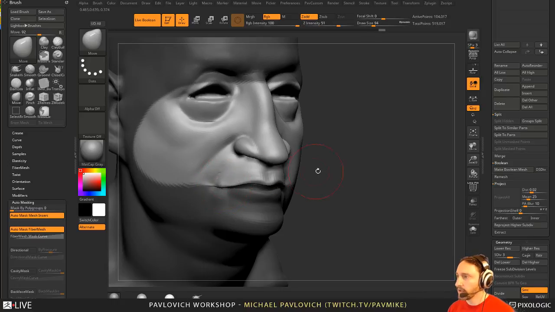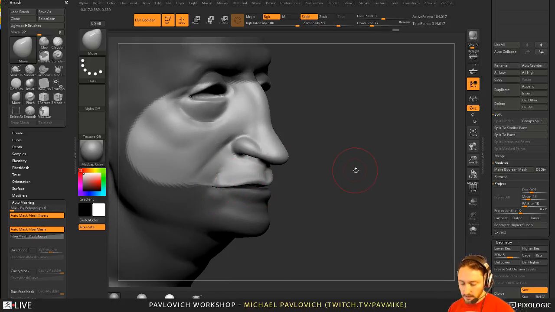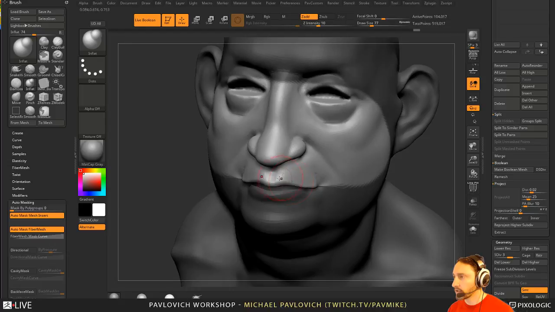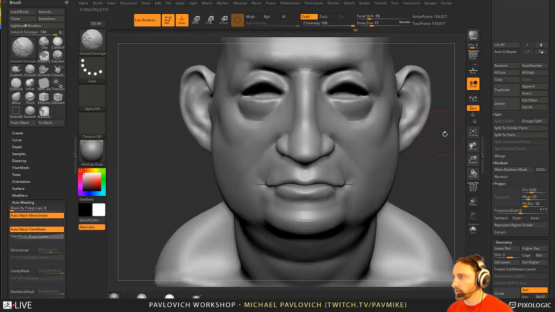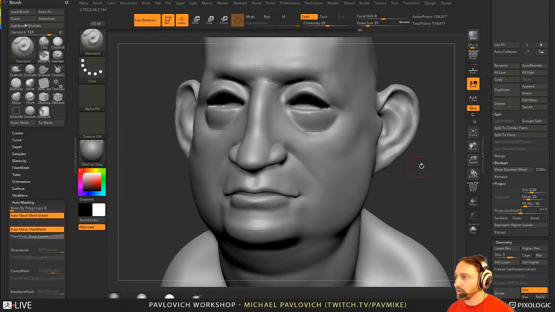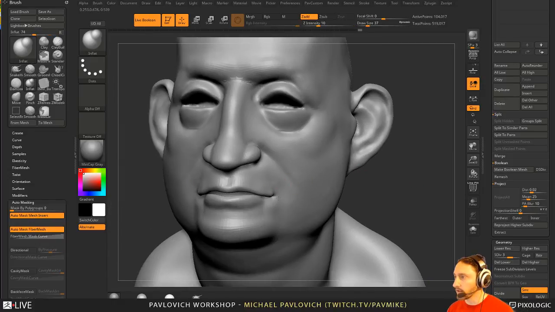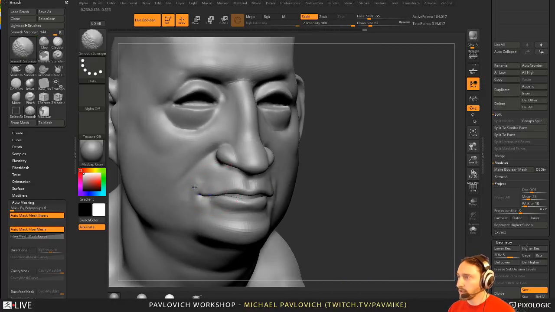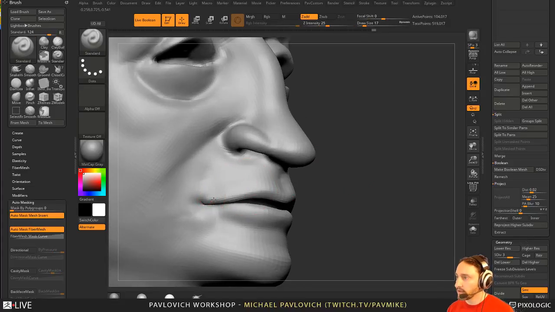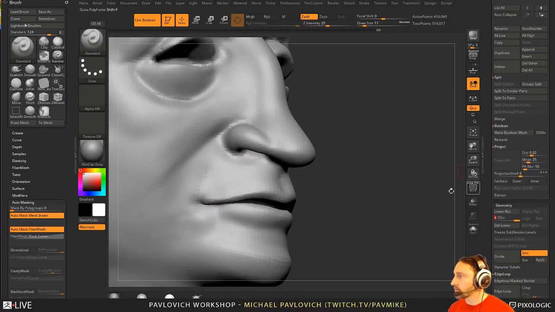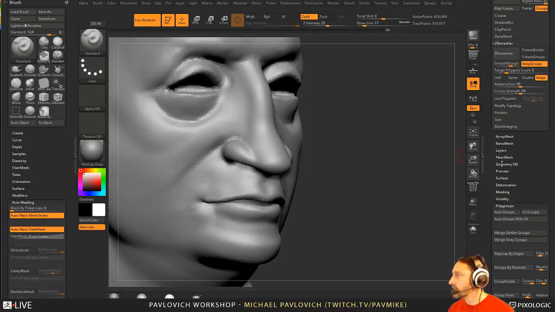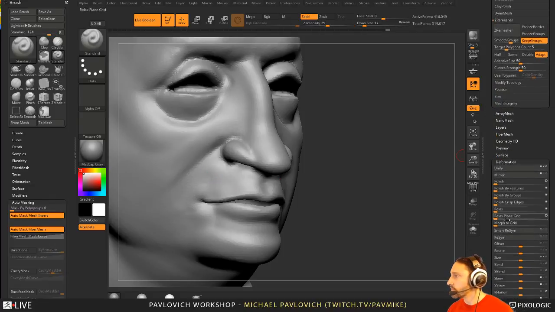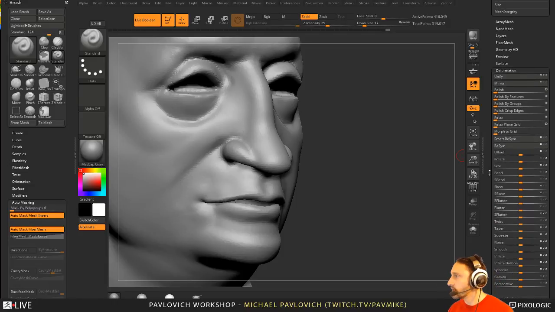You can overlap this top lip here. Let's inflate this just a bit, and then invert that, and we'll inflate these lips just a bit. And again, like I said, you can put teeth in there. You can just start sculpting this around, and we can modify this here. Let's go up one more subdivision level, and I'm going to do a smooth on this one. Deformation, and we'll just pull a